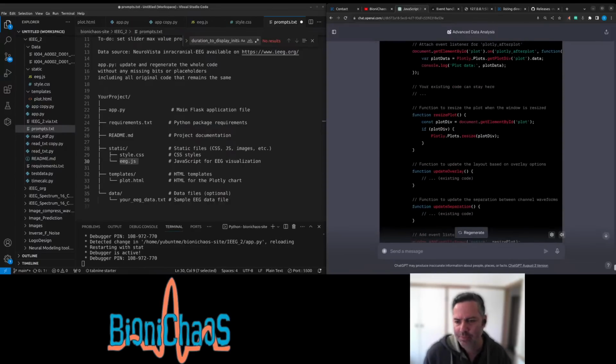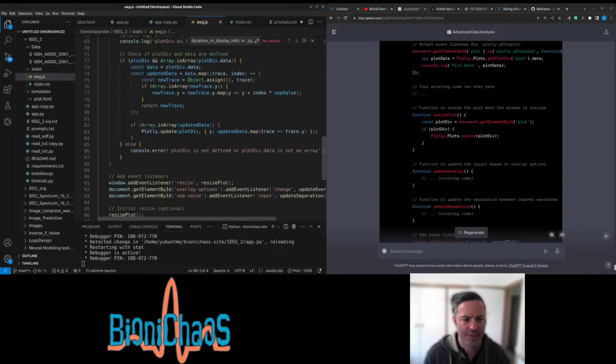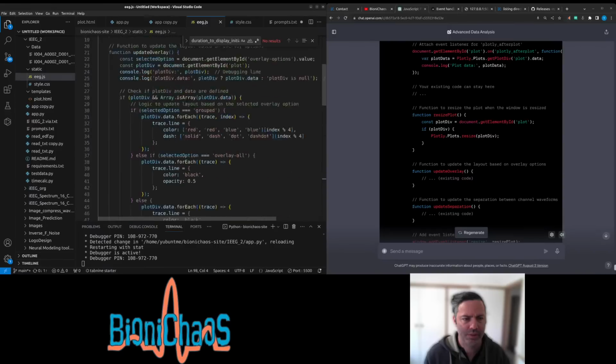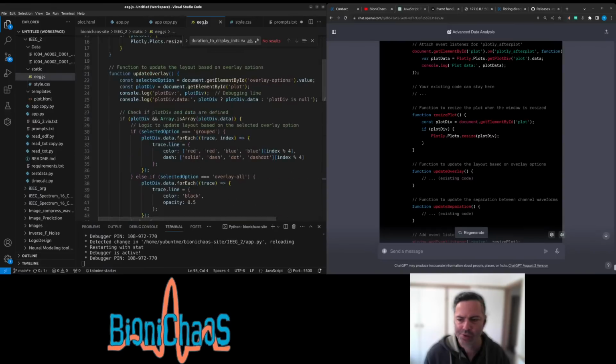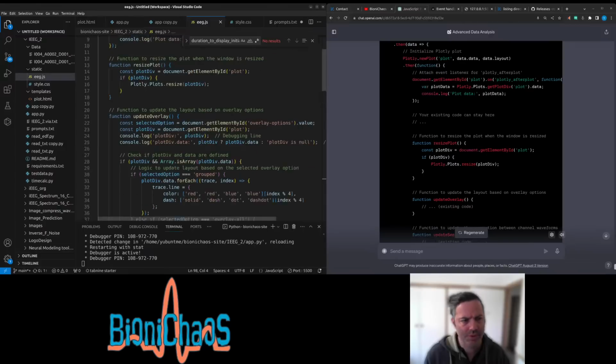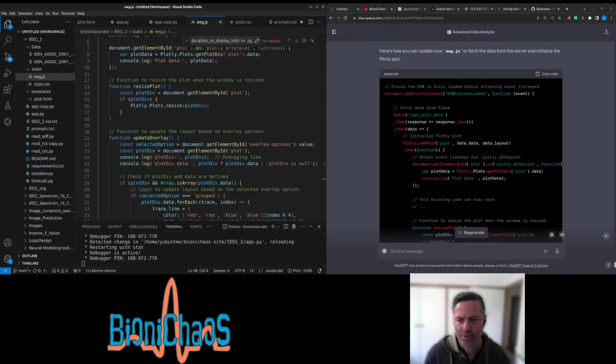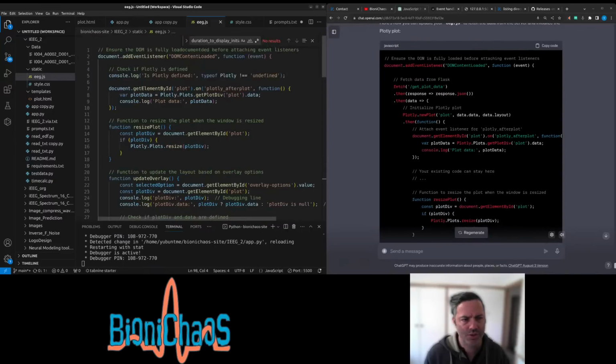Well, first it has all these missing bits, which we asked not to have. Date overlay. Resize plot. It wasn't actually changed. It's the same. Fetch. So we're doing fetch data from Flask, fetching JSON. So that's obviously the new bit.